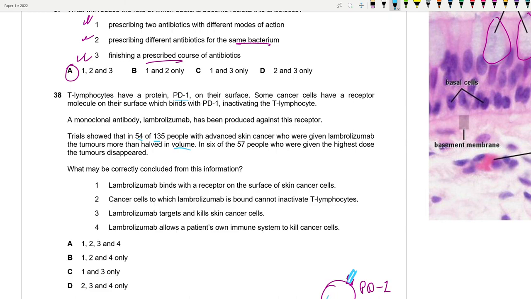So this is the lymphocyte. The protein is PD-1. The cancer cell basically has a receptor on its surface, which binds to PD-1 on lymphocytes. As a result, the lymphocyte becomes inactivated. But if we administer the drug, the monoclonal antibody pembrolizumab, it binds to the site PD-1, so the cancer cell cannot bind. As a result, the inactivation does not occur, and the people who are given pembrolizumab